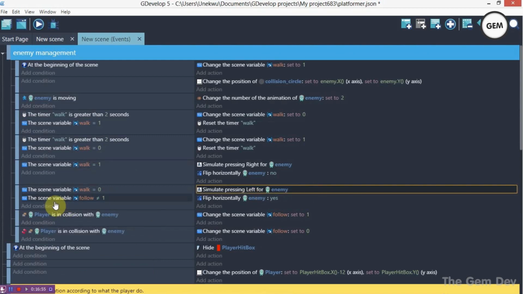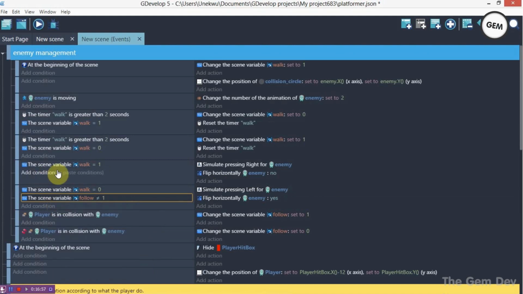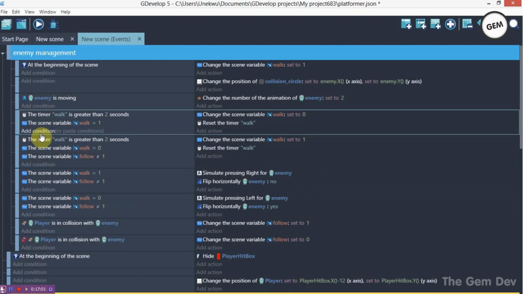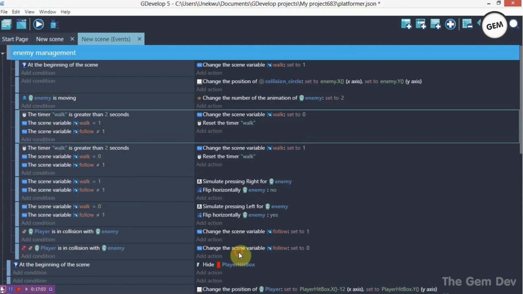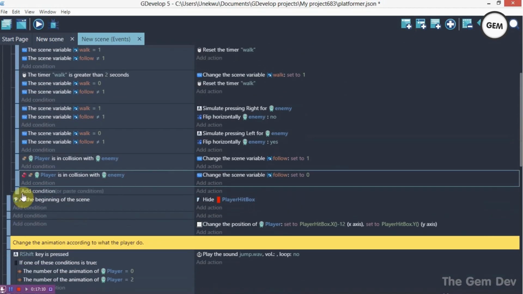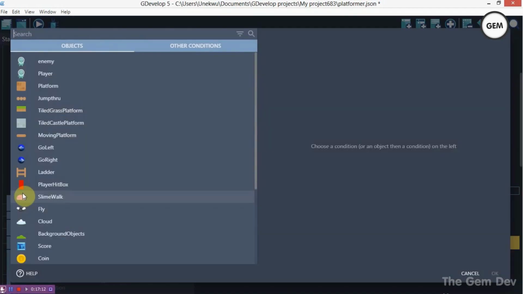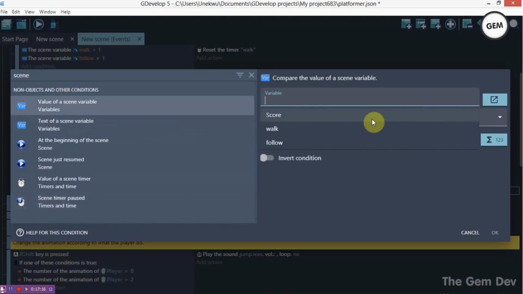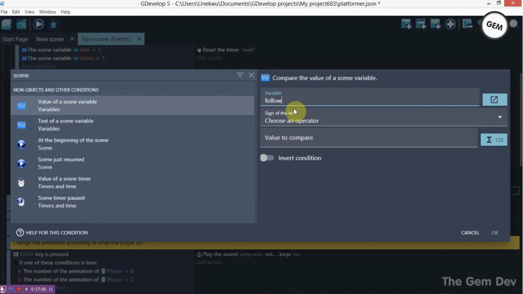So follow is not equal to 1, copy that, paste and paste and paste. Okay, so now let's add an empty event and scroll down a bit. Okay, so add a condition, scene variable, value of the scene variable, which is the follow variable, is equal to 1. So once this is equal to 1,